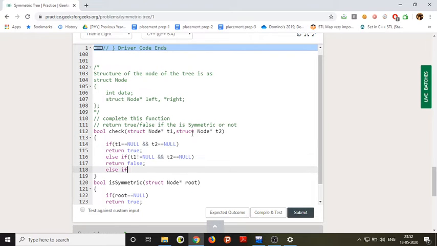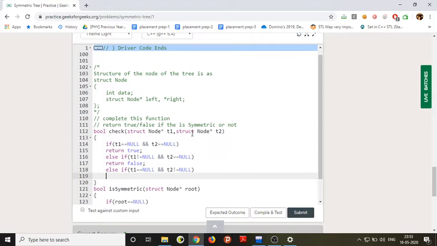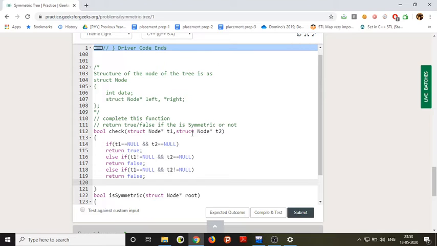Else if t1 equal to null and t2 not equal to null, in this case also the tree will not be symmetric, so we should return false.